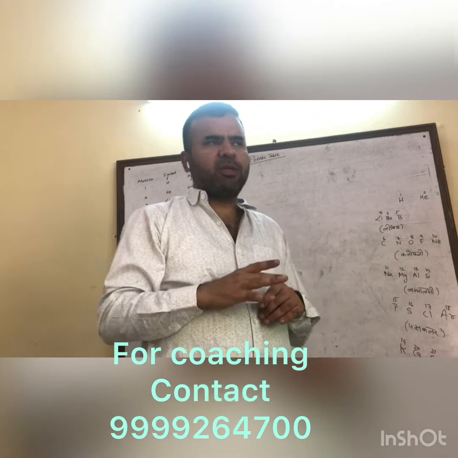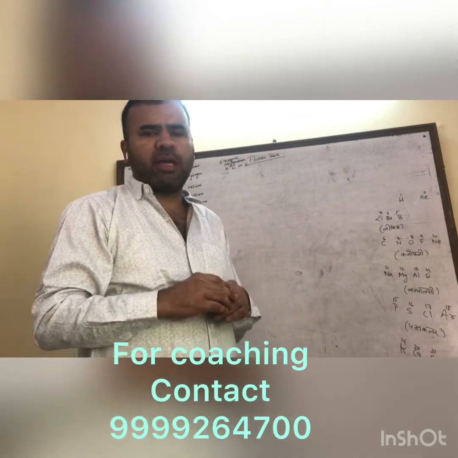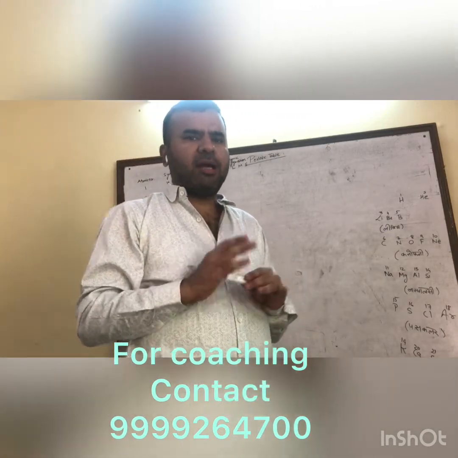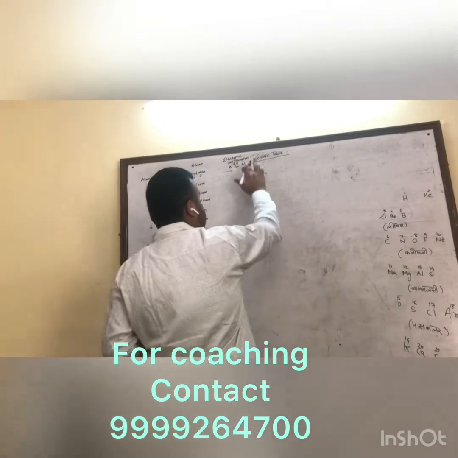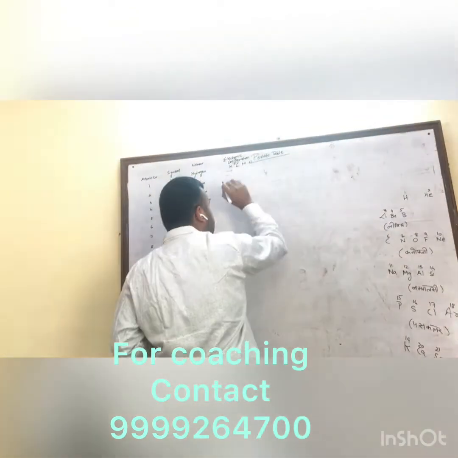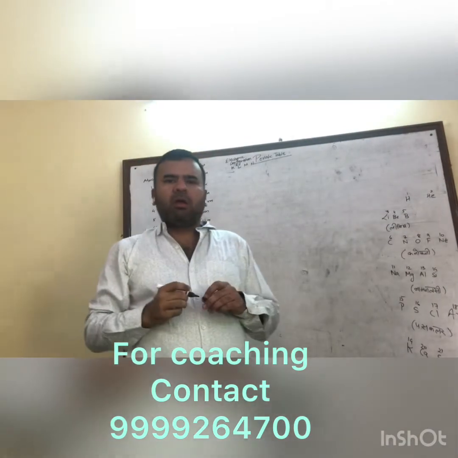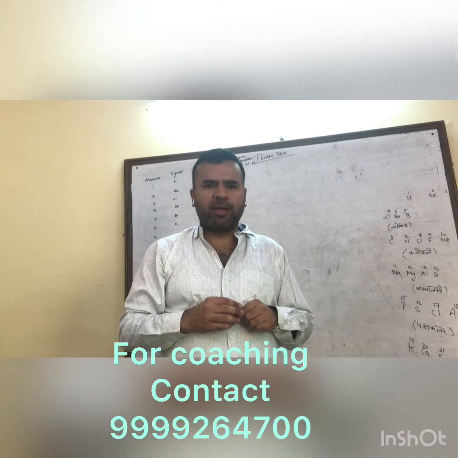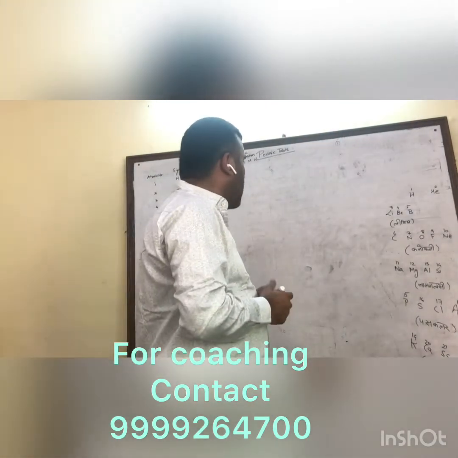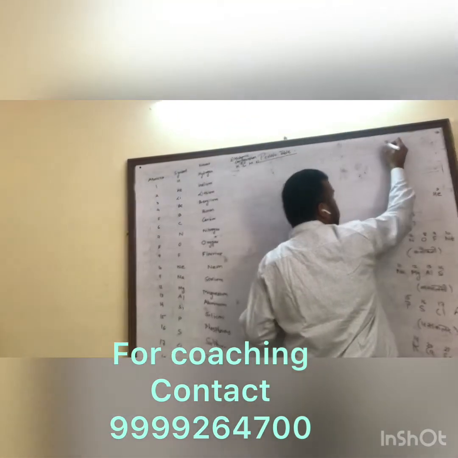But you have to keep this thing in mind: when we are talking about the case of any element, in that case the number of protons and number of electrons are equal. The shells are K, L, M, N. These are denoted by English alphabets, which you have already studied in Bohr's model of an atom. Now, the formula for the configuration is 2n square.